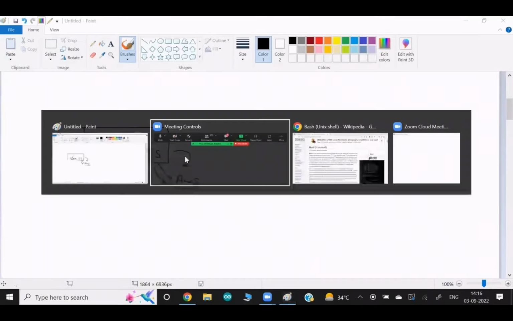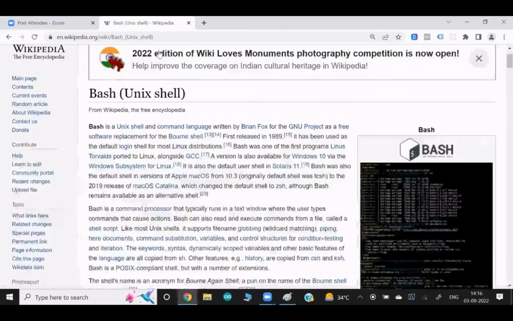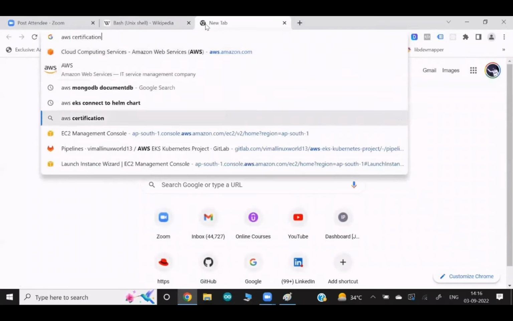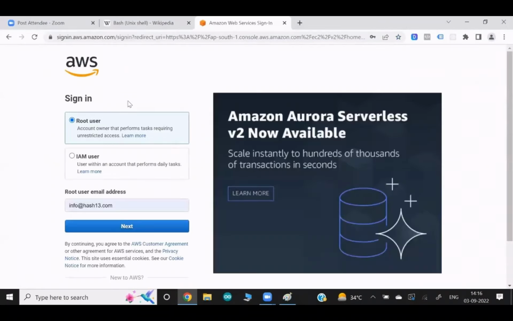Okay, so I have the AWS Cloud account with me. You can choose whatever platform you want to launch the OS. I already have the AWS account, and if you want to do the same demo with me, and you don't have an AWS account and want to configure one,